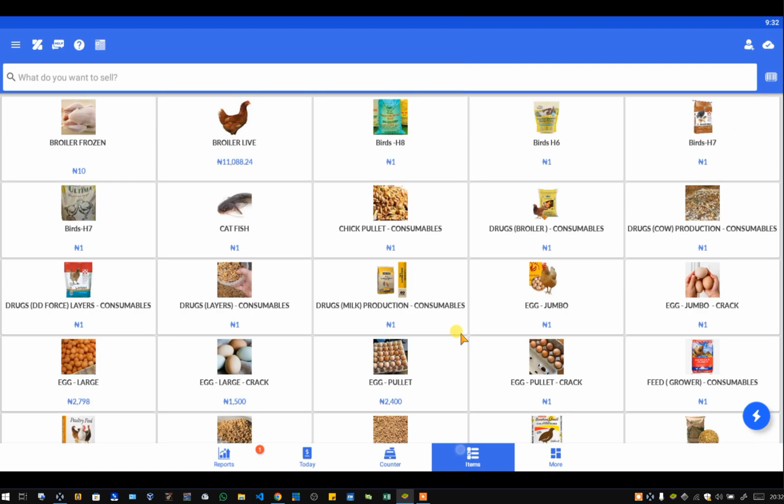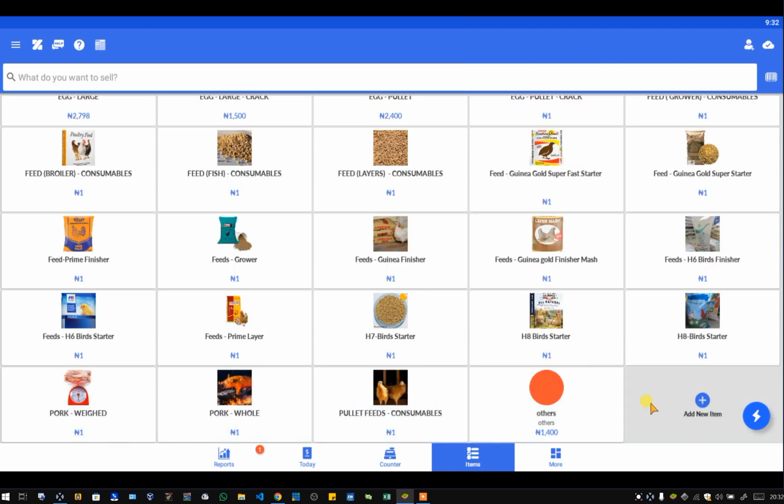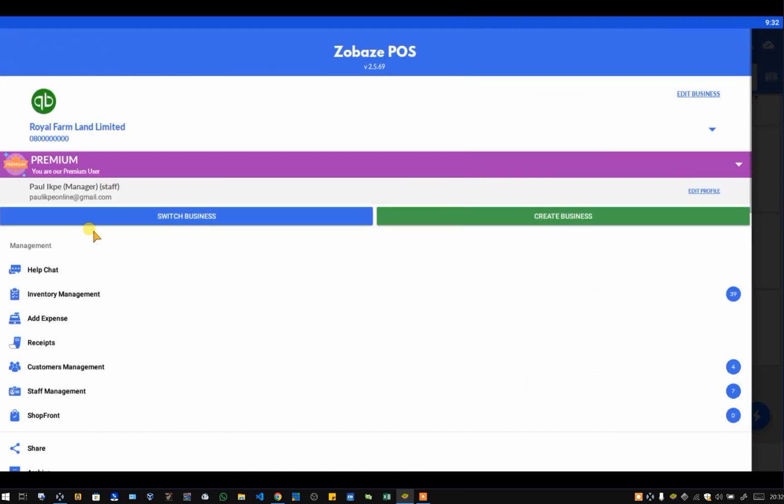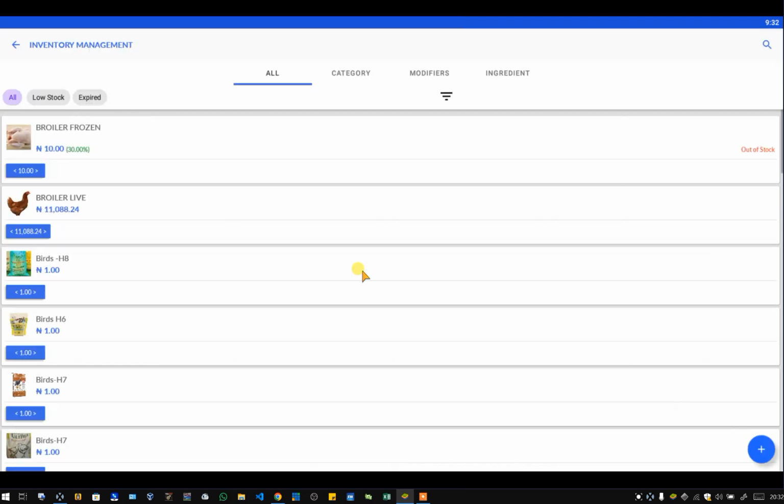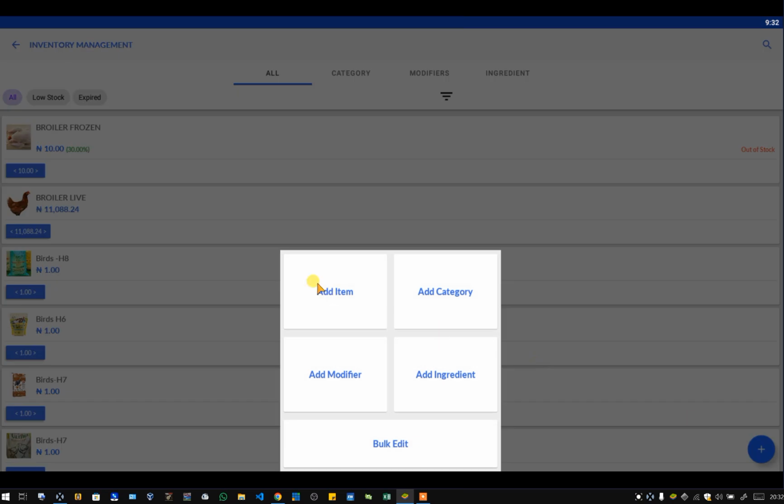So I'm going to create a test item. There are two ways of creating a test item, from down here or from the menu up here, where you can go to inventory management. So let's just use a quick method, add a new item. So it's asking me what item am I adding? I'm going to add